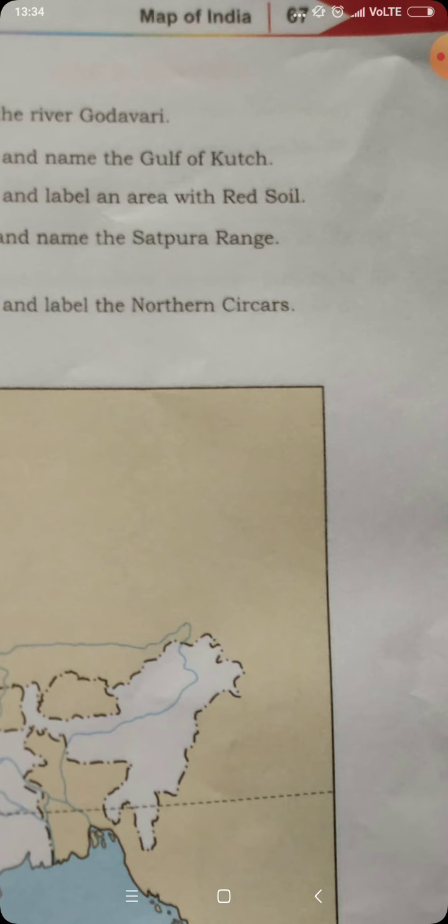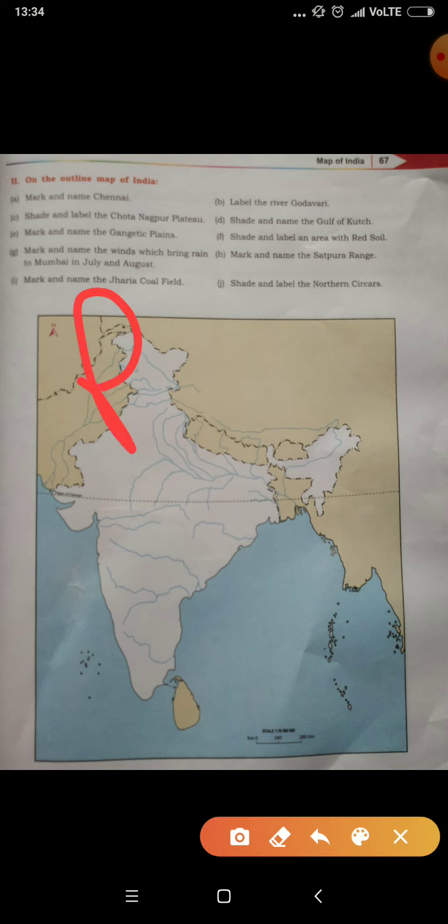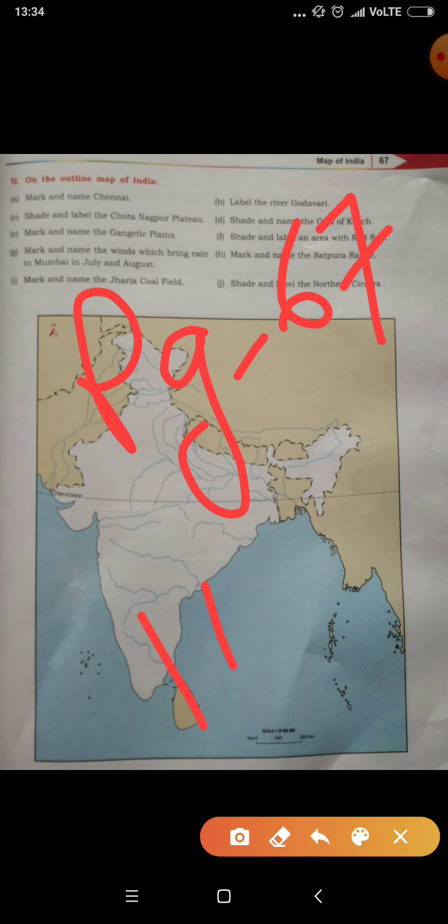Okay, so this is again page number 67, and it is again homework for you. So you have to do it in homework. For this I will ask in the next class. Previous work you must have completed. If you have not completed, it's very shameful. So do your work on time. Be alert. You are board students, so behave like a board class.